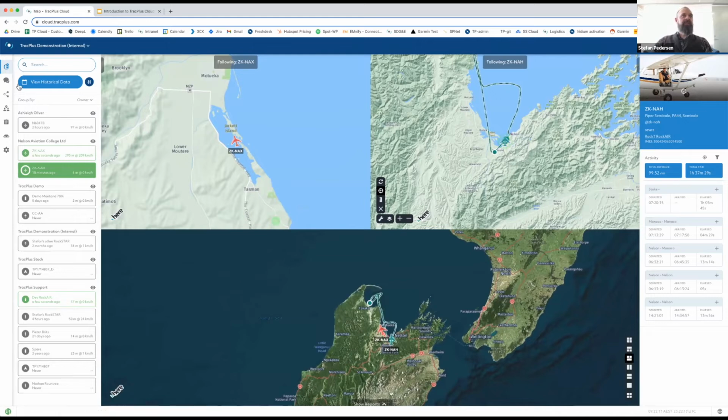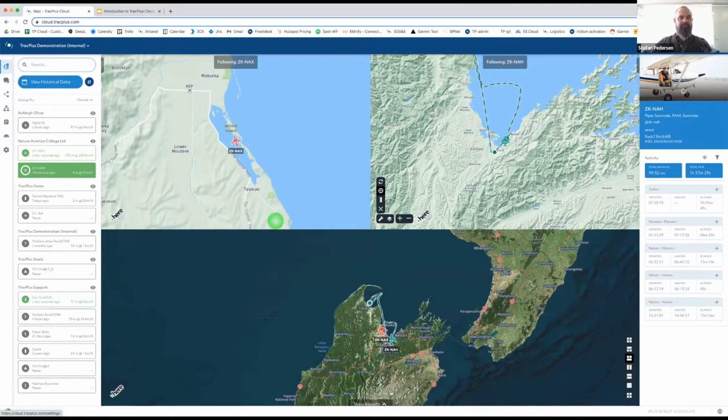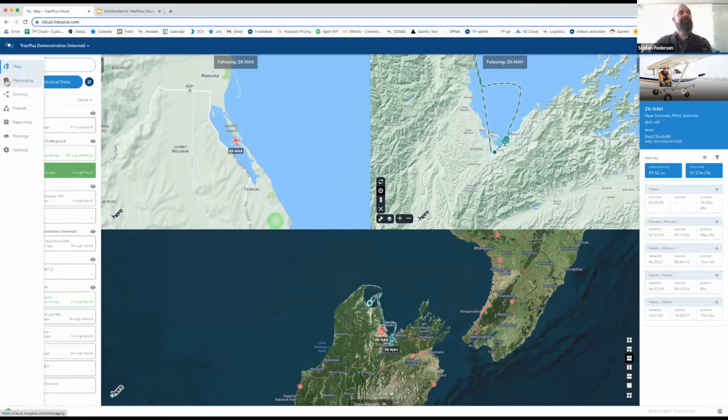And as we saw in our preview, down the left-hand side are your various menu items. So here we're looking at the main map screen. We've got messaging, sharing, and friends, your reporting tab, manage assets, and basically settings. So let's just have a quick look at the messaging tab. If we jump in here,